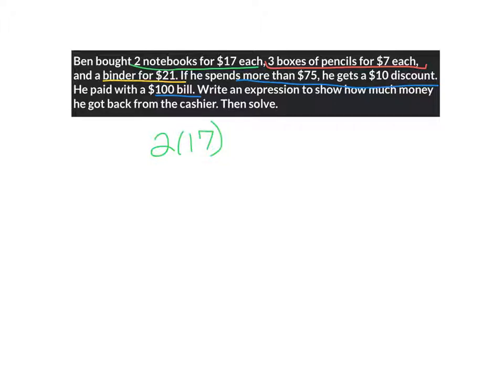He also bought 3 boxes of pencils for $7 each. Again, that's multiplication because each one costs $7, 3 times 7, and a binder for $21. Just one binder, so we only needed to write it like this. If we're going to add up and find out how much he spent altogether, we'll put a plus sign in between each of those. What we need to do first is figure out if he spent more than $75,